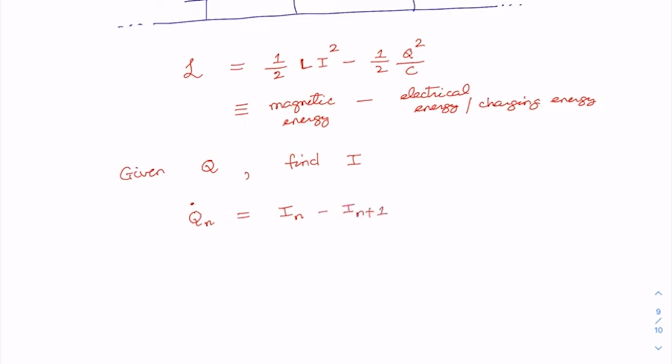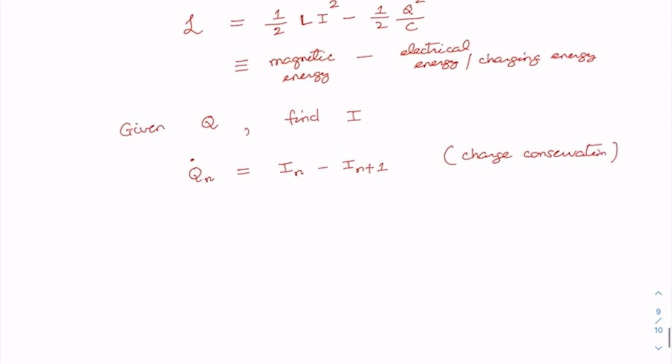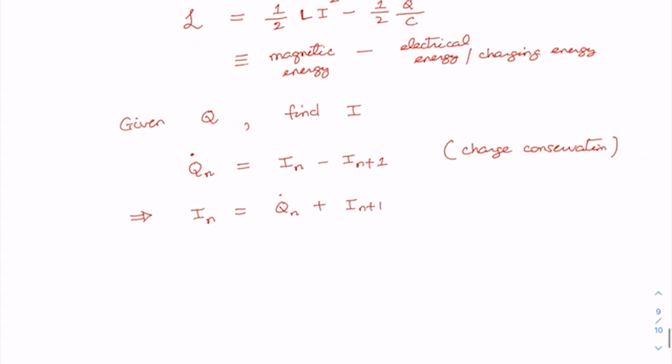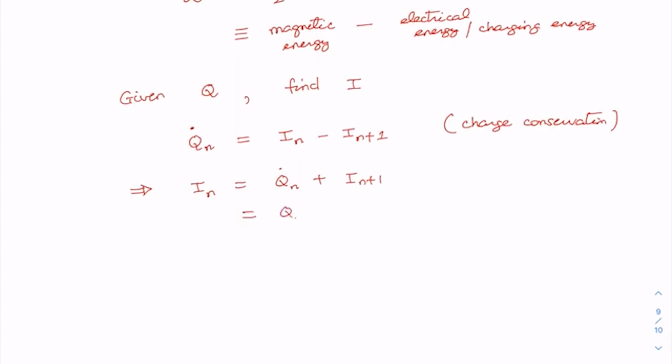So we can use this expression to find out the current at node n. So I can write In is equal to Qn dot plus In plus 1. Now I can express In plus 1 as,